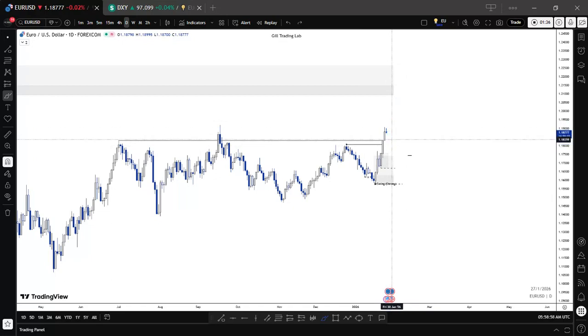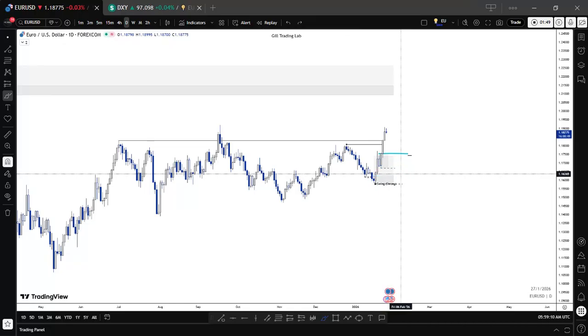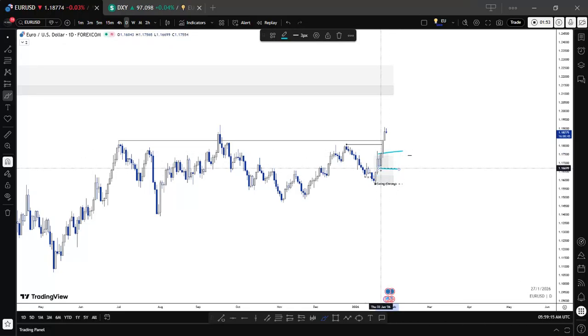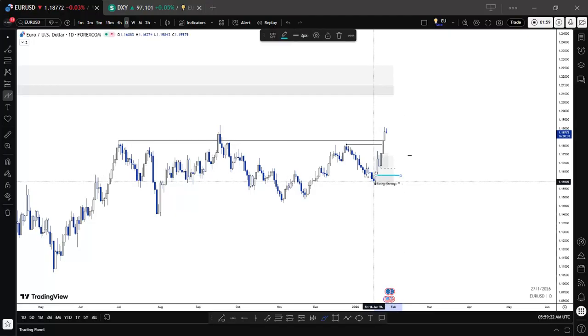So within the swing structure, these are the two demand zones that I'm waiting for price to pull back to catch them. Swing higher low. This upper demand is a sweep zone, but it has no lead, so it can be used as a lead for the POI below. The POI below has swept liquidity, has lead, so